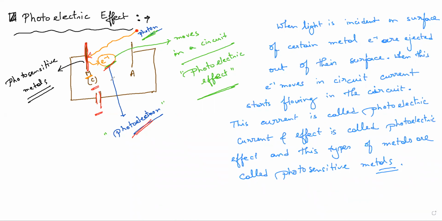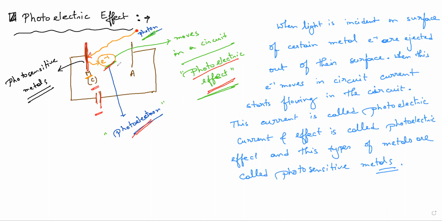So after removal of electron, this electron moves in the circuit. After removal, the electrons are not stopped; that is not possible. Electrons are moving in the circuit. So after removal of electron and movement of electron, all the process is called photoelectric effect. Is it clear? Because after moving of electron, current gets generated in the circuit. Electron is negatively charged. Due to ejection of electron and movement of electron, electricity generates. That's why this effect is called photoelectric effect.